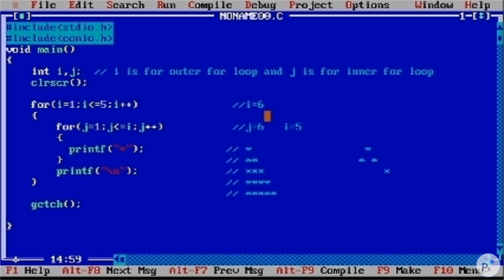Stars, stars, stars, where the stars increment like this. Try to print this kind of pattern, so you will completely master the for loop.